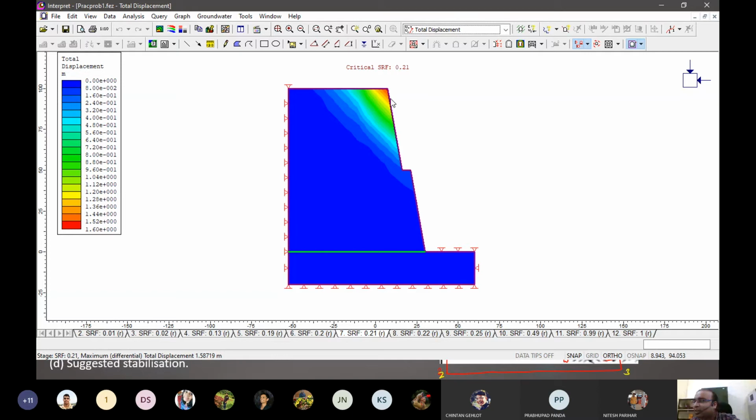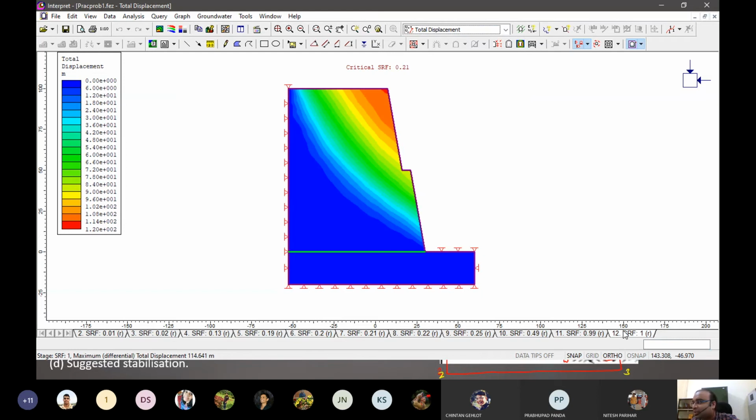So basically these kinds of edges are generally very easy to fail. And that's why in finite element, in this case, we find certain different results sometimes, especially in different geometries. What is happening right now, we have to understand. We can see this one is 1.6 meters deformation, and basically it is saying it has failed in that. And if we say SRF 1, that is SRF 1, so basically quite an extensive failure.